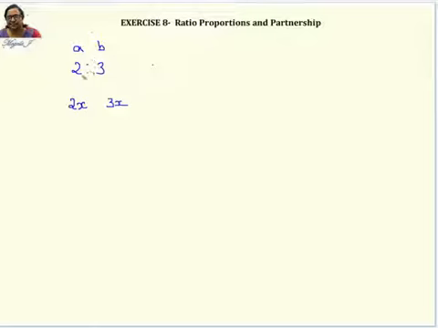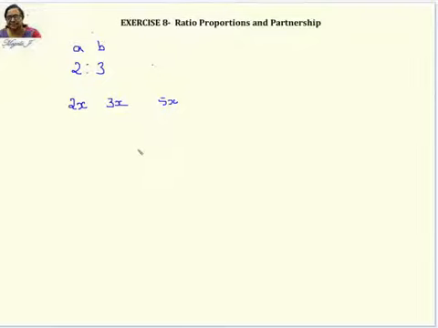If you are taking this ratio, when I say 2:3, it can be 2:3 or it can be 4:6 or it can be 20:30, it can be any value. But the minute you don't know what this multiple is, you put it as x. The minute you write it as 2x and 3x, that becomes the value. Both together is going to be 2x plus 3x, which is 5x. If I say sum of the two values, it's nothing but 5x. And based on the values given there, you have to find out the value of x and replace it.